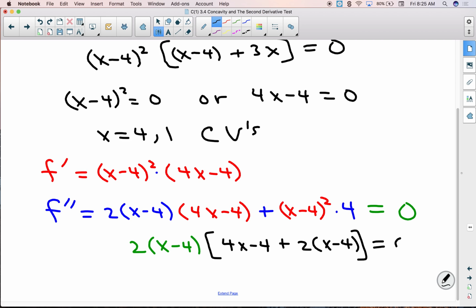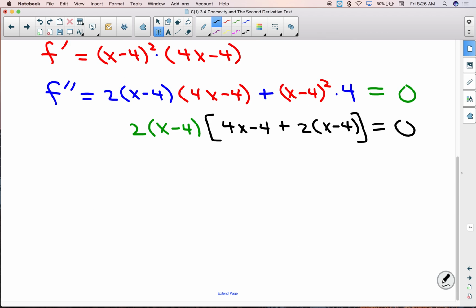All right, so equals 0. Okay, so tell me about that equation. You can drop a 2. Yeah, so we can just throw this guy out. That's right. He can just go. Is that okay? He's a constant factor here. You can just divide him off. So either x minus 4 is 0, or,